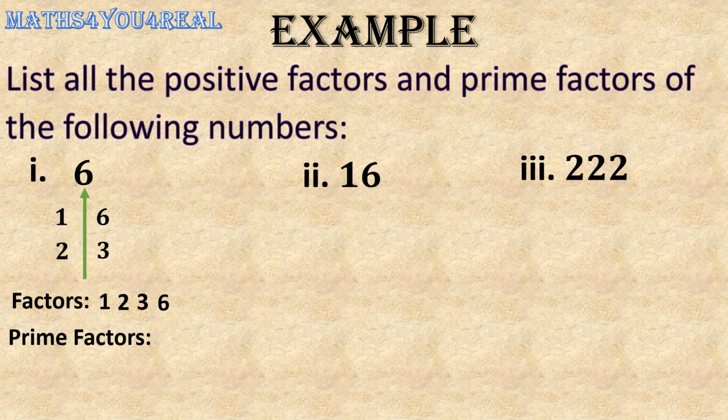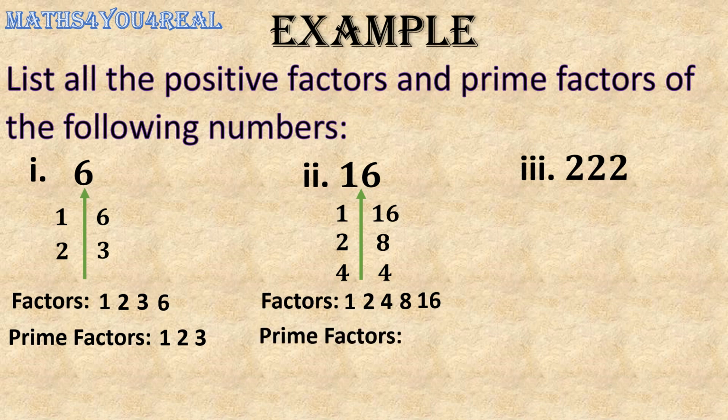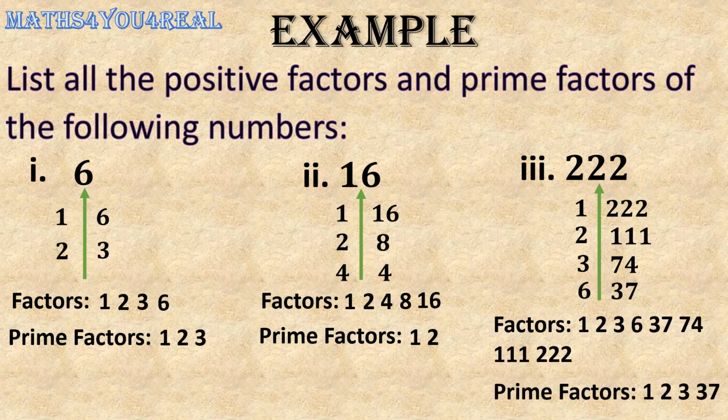The prime factors are then: only 1, 2, and 4 can divide 16 without remainder. We therefore have the workings as follows. Hence, the factors are: the prime factors are: 1, 2, 3, and 6 can divide 222 without a remainder. Dividing 222 by this number we have: hence, the factors are: the prime factors are: